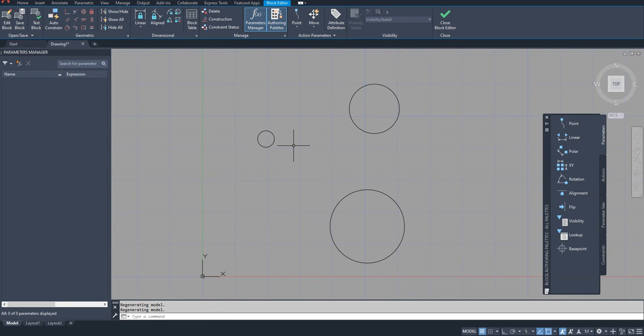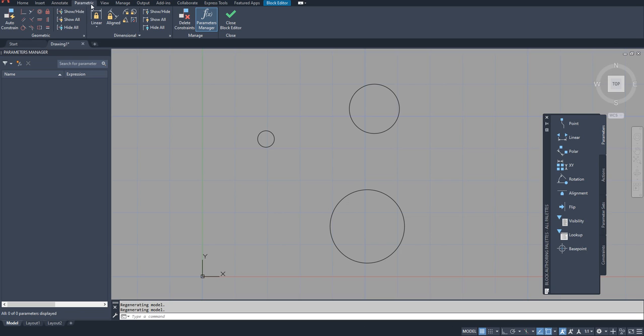What you have to do for this is go to the Parametric tab here in the ribbon. Then go to the Dimensional Constraints panel. In that you can see the tools here: linear dimension, align dimension, radius, diameter, all these tools are there. Go for the diameter constraint, and it asks you to select the arc or circle.